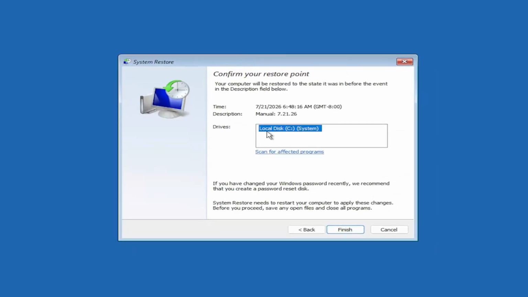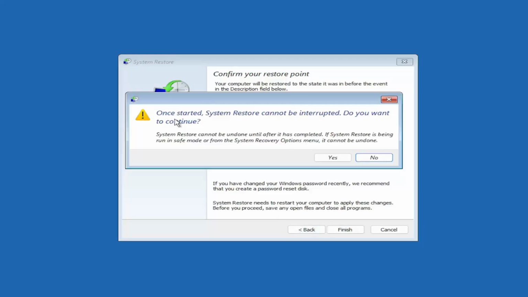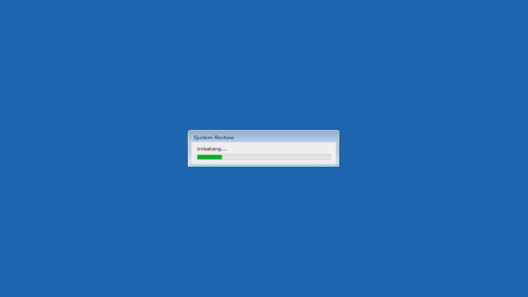You shouldn't actually have to select the drive. You can scan for affected programs, but we're going to keep it all default here, and then we're going to select finish. So once started, system restore cannot be interrupted. Do you want to continue? I think we're going to select yes. I don't think we have anything better to do on our computer right now,